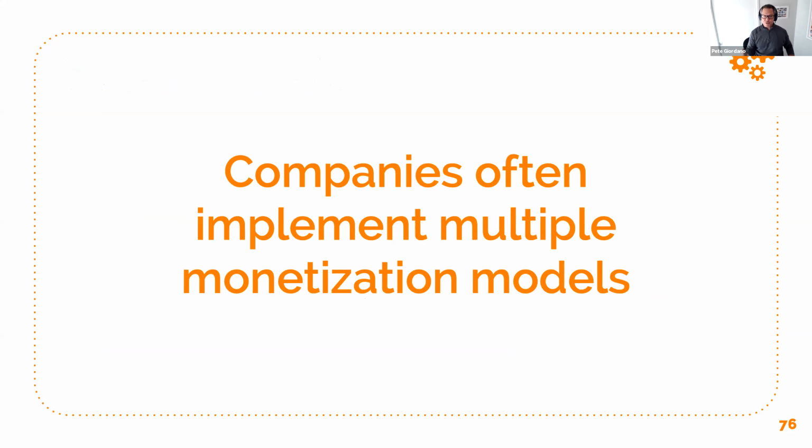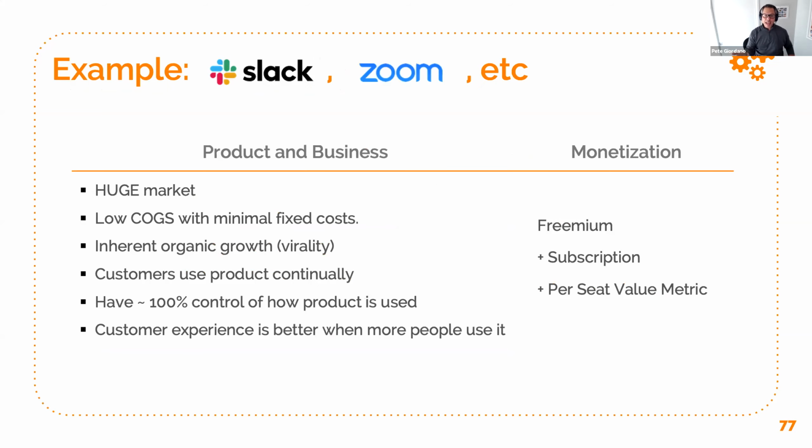this for your business. Which one makes the most sense? And as you guessed, many companies wind up using multiple models. So here's an example, Slack and Zoom. They're employing freemium, subscription, and their value metric is a per seat measure,